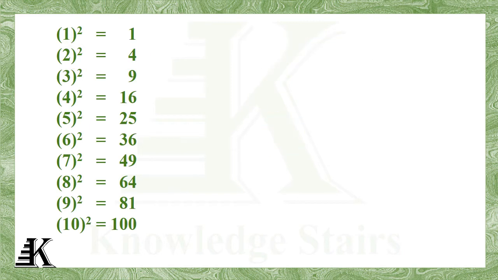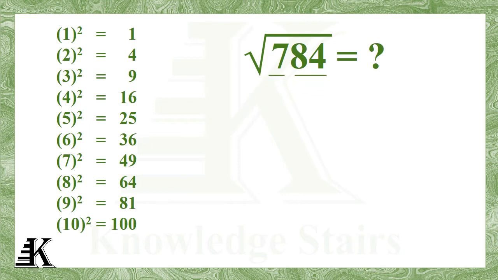Let us take another example, 784. Now, for calculating the square root, first of all we will make pairs of two numbers from the last. Now we have two pairs. One pair has two numbers, that is 84, and the other pair has only one number, that is 7. First of all, we will see which number is there at the ones place in the first pair. Here we have 4. Now, we know that any number ending with 2 or 8 will have 4 at the ones place when squared. So, now we have two numbers for the ones place. One is 2 and the other is 8.